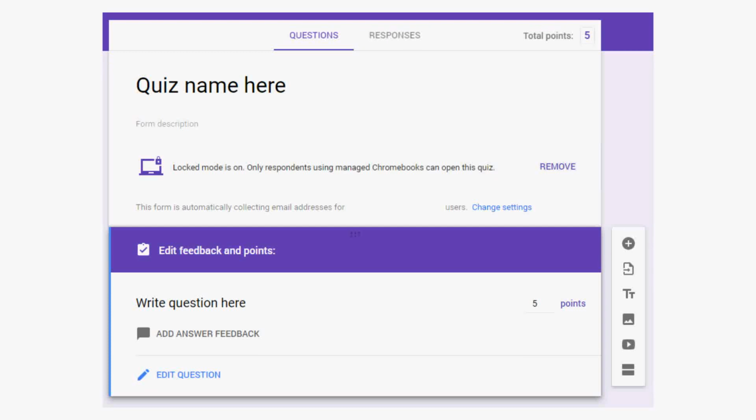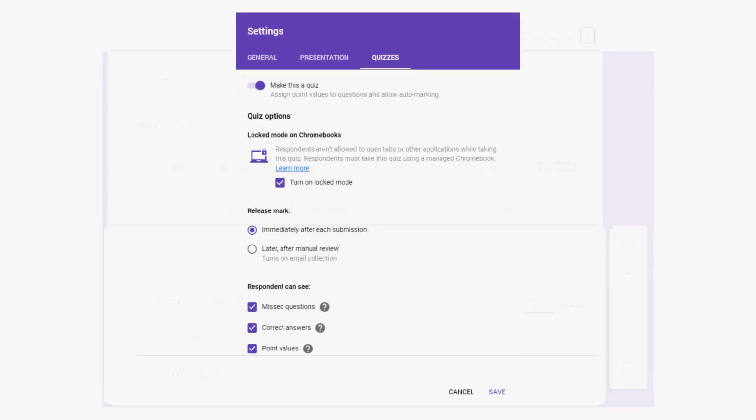I also have the option to add answer feedback, and I can go into the settings of the form, and you can see here it's automatically switched on for me to make this a quiz, because it's a quiz in locked mode on a Google Chromebook, so I can see that box is ticked as well. At the moment, the scores are releasing automatically immediately after each submission, but I may wish to change that to later, after manual review,